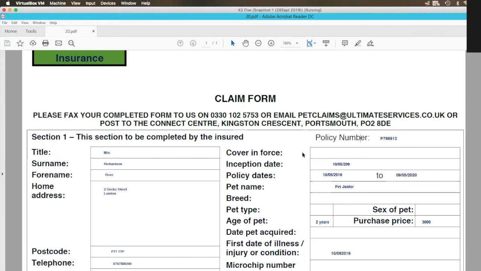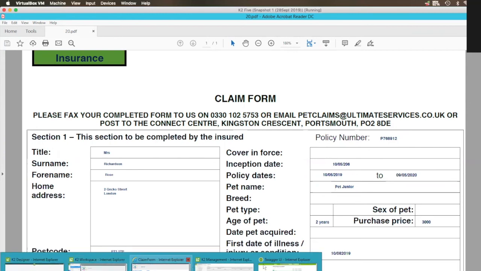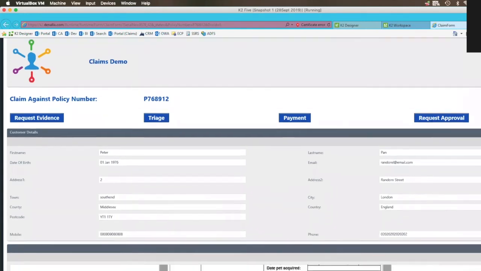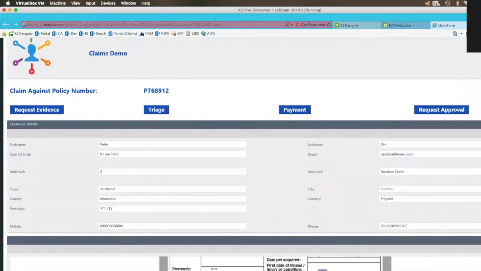So it has extracted that, and based on that, the workflow has essentially automated all of those steps which you would have then built the functionality for on the UI. And once you have got the policy, you know the customer, you know the other details, and then this goes straight for somebody to start working on it.